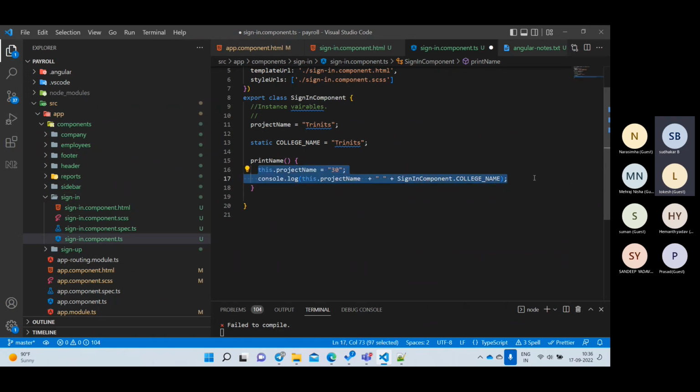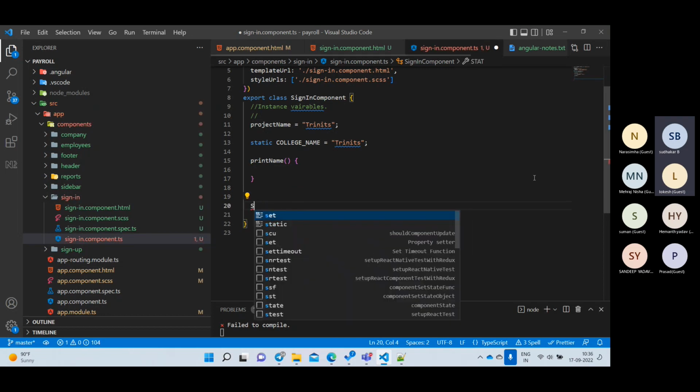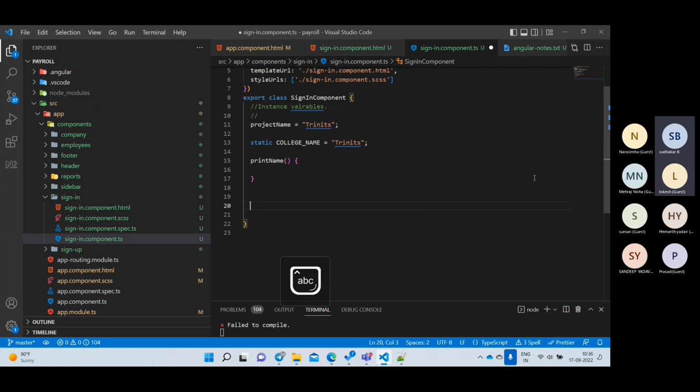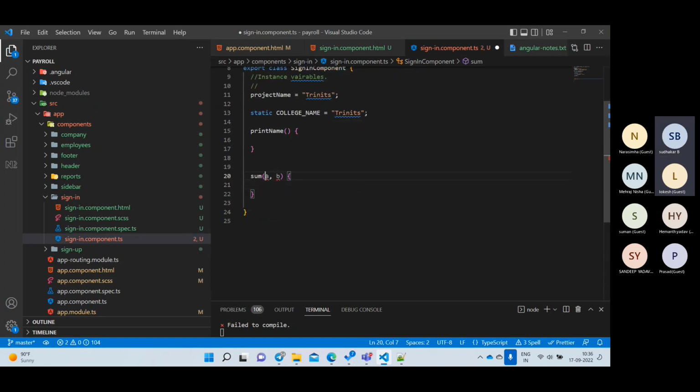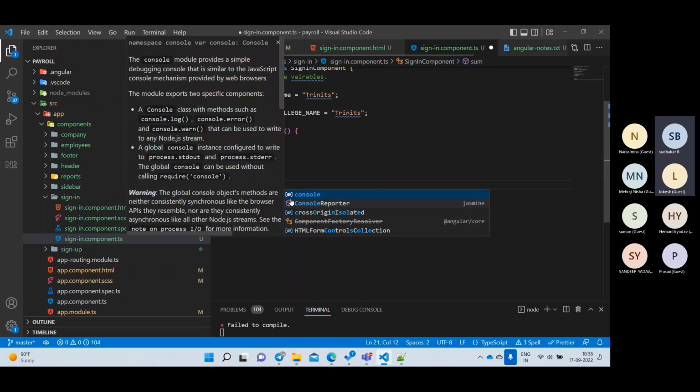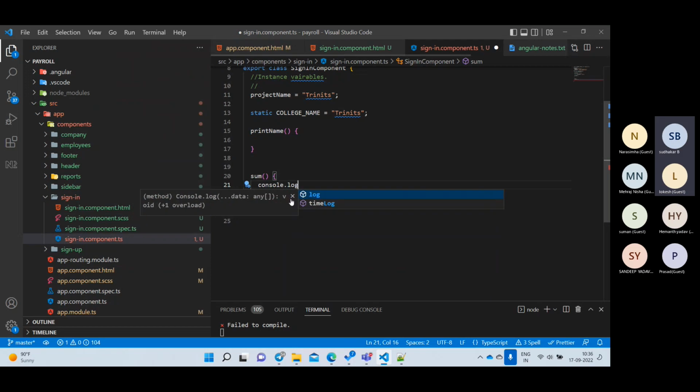I'll remove these two and go for another method. I want to write one instance method, a sum method, with parameters a comma b. Whenever I am declaring a comma b, it is showing one error. Let us remove this one and see. I'll say console dot log of